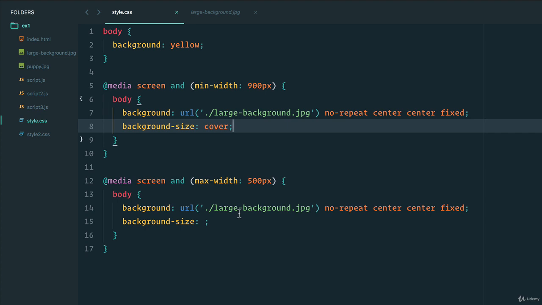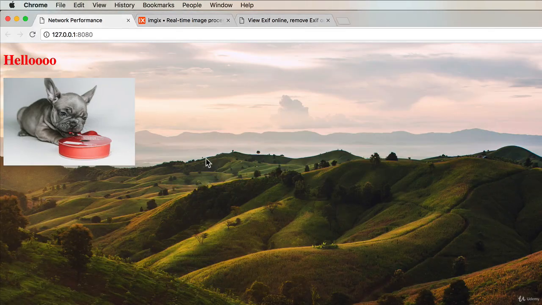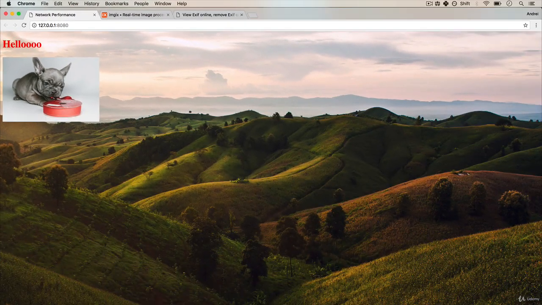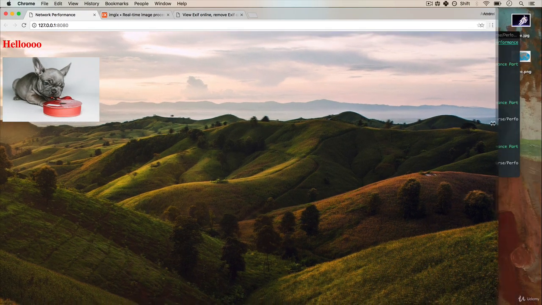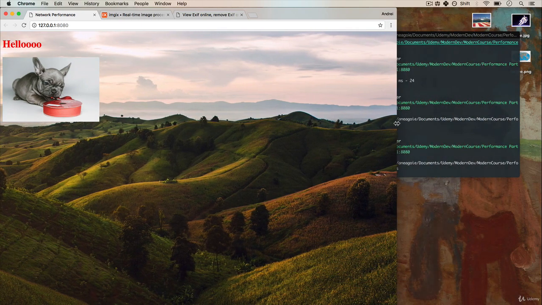And we also have another media query, because we can use as many as we want, that says the same thing, except this time, we want to say that max width is 500 pixels. So let's see what this actually does and what these differences might be. I have the website running over here, and you can see that it's a very simple website, but I think it looks pretty good, especially this dog over here. But check this out. As I change the screen size of this,